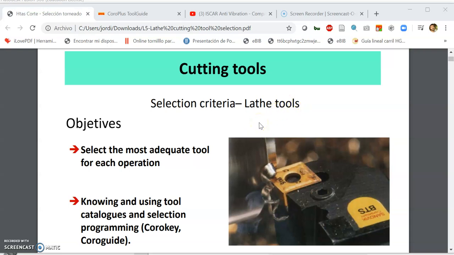Today, basically, we are going to see how to select the cutting tools for lathe operations. This is an easy way to explain the different kinds of tools that you can use. From your previous knowledge, you should have a little bit of knowledge about different kinds of tools and cutting operations, but we will review it. And then we will see some special tools used for special operations or for the most difficult operations in order